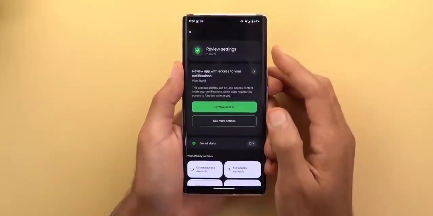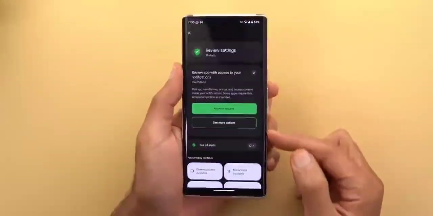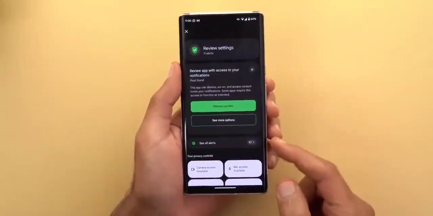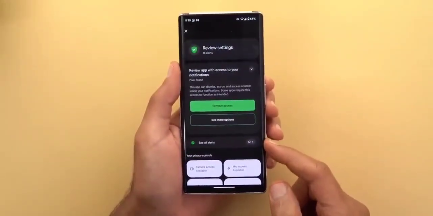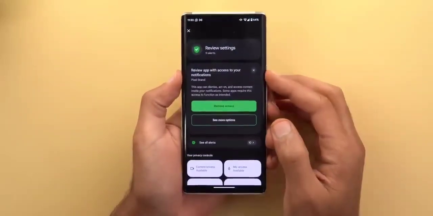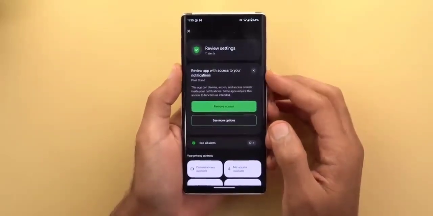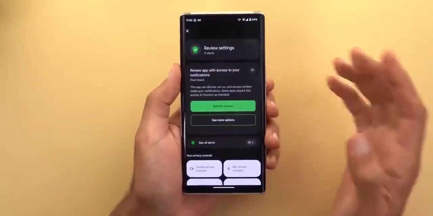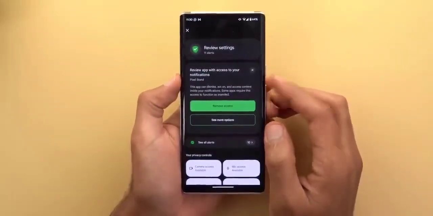First, it will show you how many alerts you have. It says here I have 11 alerts, and this is the first alert in the list, and the rest of the alerts are hidden under this option. So let's start with the first alert. It says here review apps with access to your notifications, and it says here that the Pixel Stand has access